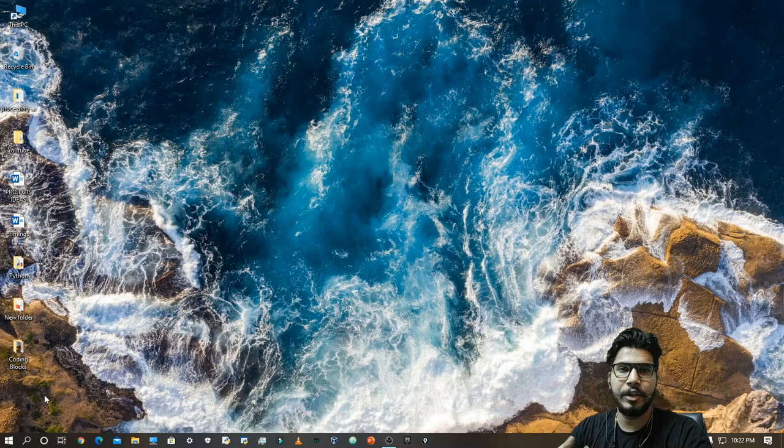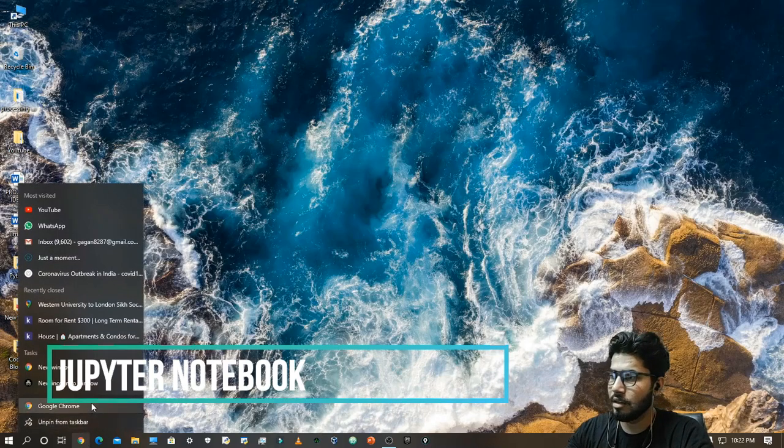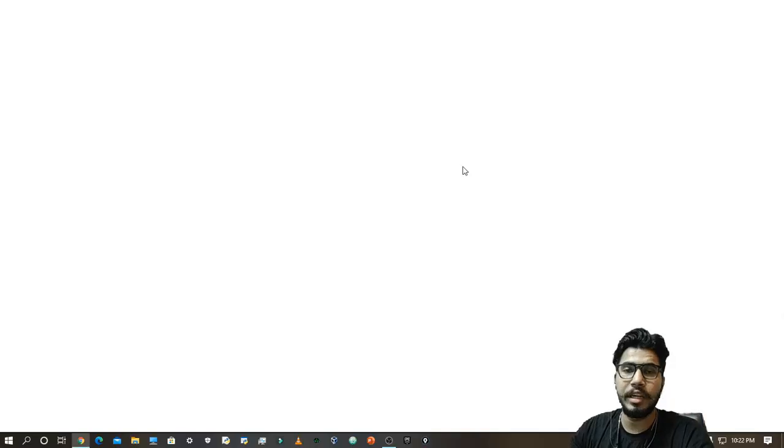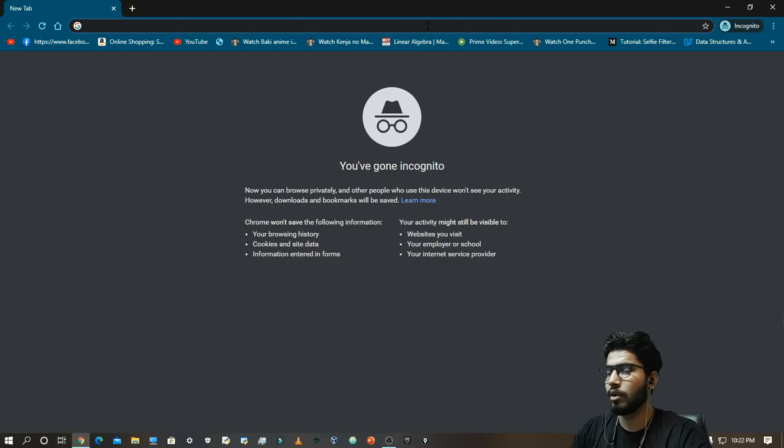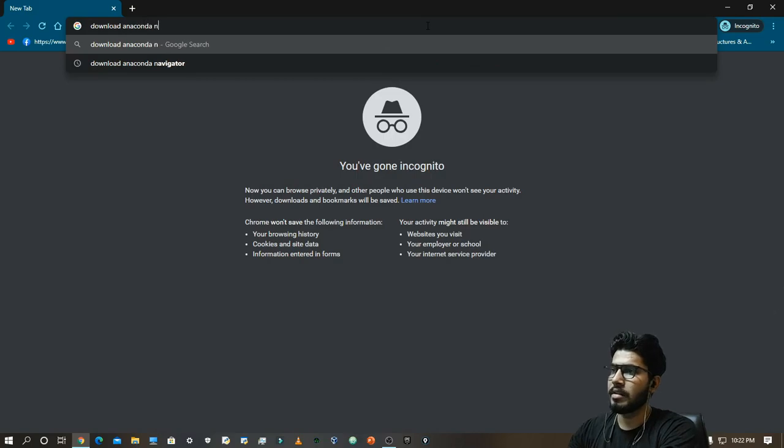So the first thing that you will need to type your Python program is an integrated development environment, IDE, and the best environment that we can work on in Python is called Jupyter Notebook. So what you need to do is download Anaconda Navigator. You can do that by yourself. Just search to download Anaconda Navigator,